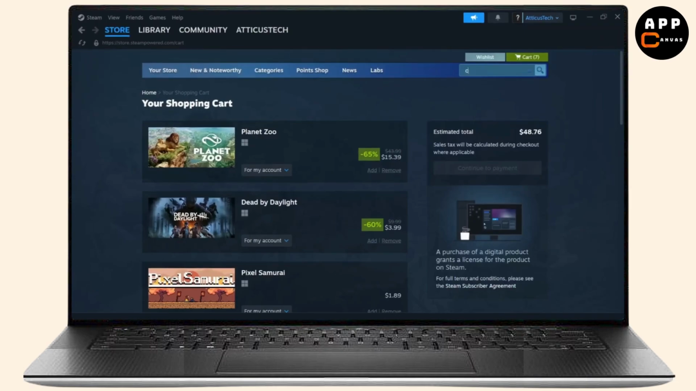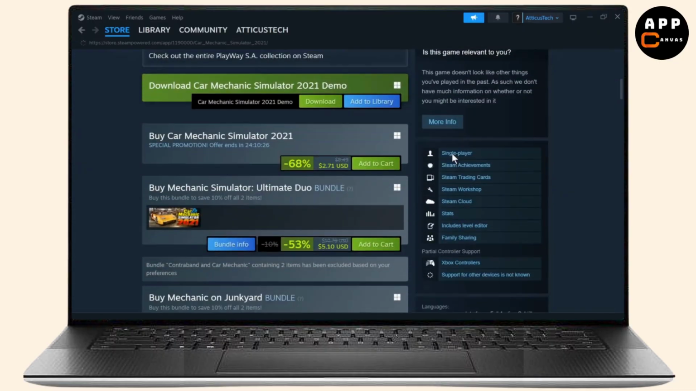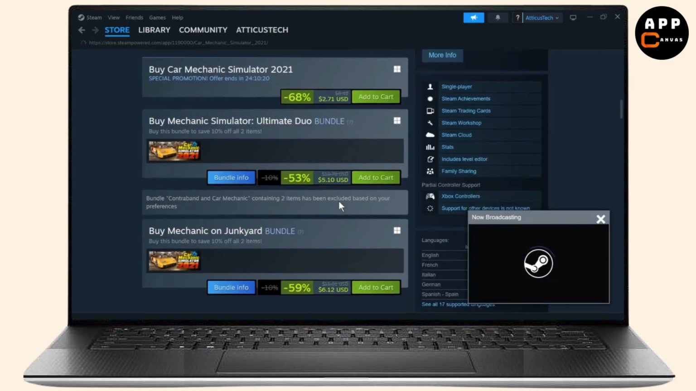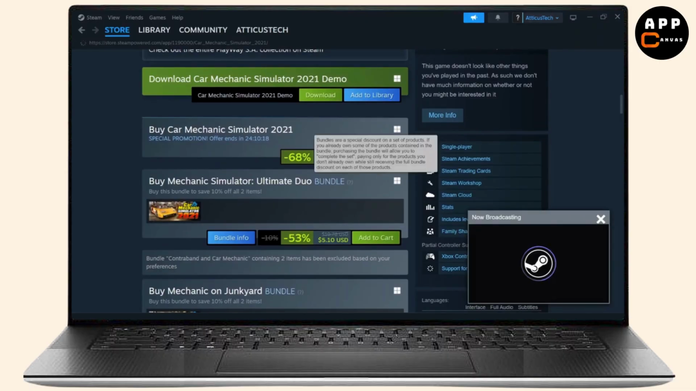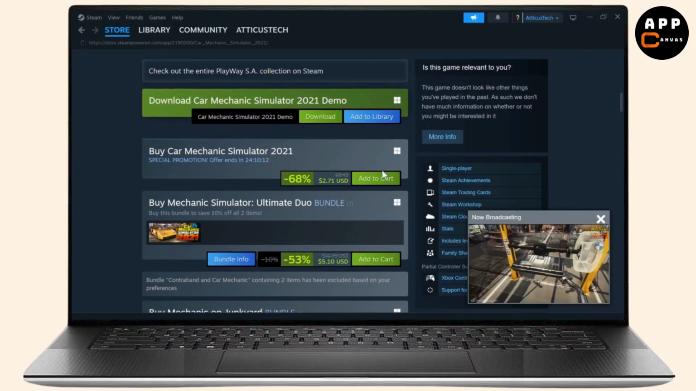After you're on Steam, simply search for Car Mechanic Simulator, and after you search for it, you will see its price. You will see its different versions. You will see the Ultimate 201. So just download whichever you want. You can even download the demo version. Simply tap on add to cart, and after you add it to your cart, what you can do is